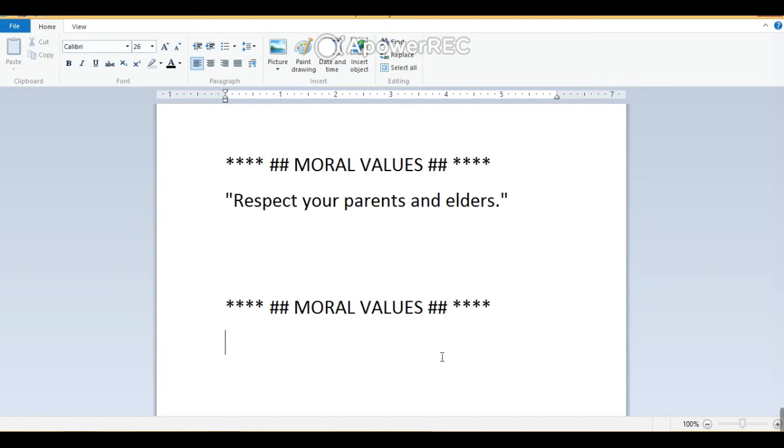Then for next line, press and hold Shift key and need to press the single quotation key and need to write the text.